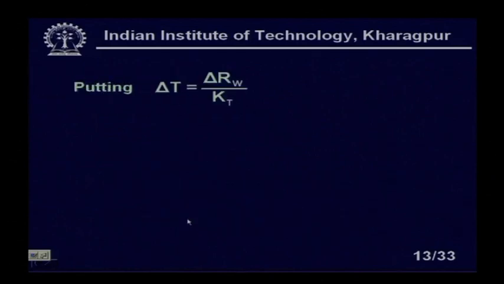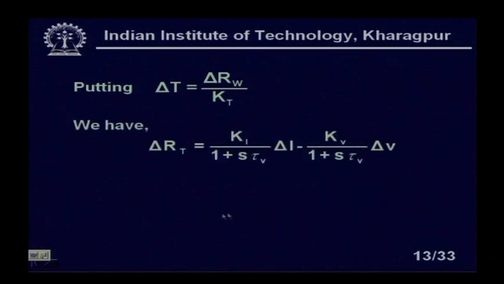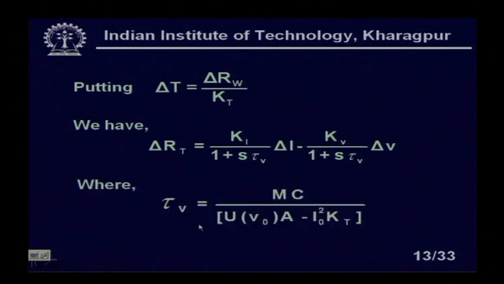we put delta T equal to delta R_w by k_t, we have delta R_t equals k_I (1 plus s tau_v) into delta I minus k_v (1 plus tau_v s) into delta v. So, where tau_v is given by m c u v naught into a I square I naught square into k_t